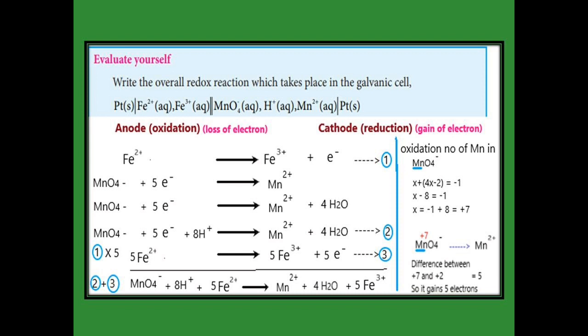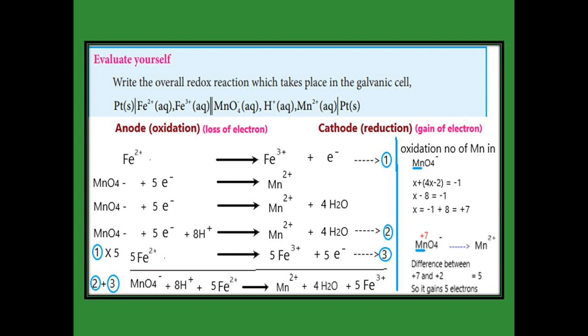Here, on the left hand side, you see in the third equation how many oxygens are present? 4 oxygens. So we put 4 water molecules on the right hand side. Then on the right hand side how many hydrogens? 8 hydrogens are present. So that is compensated on the reactant side with 8H+. It is indicated in the second equation.